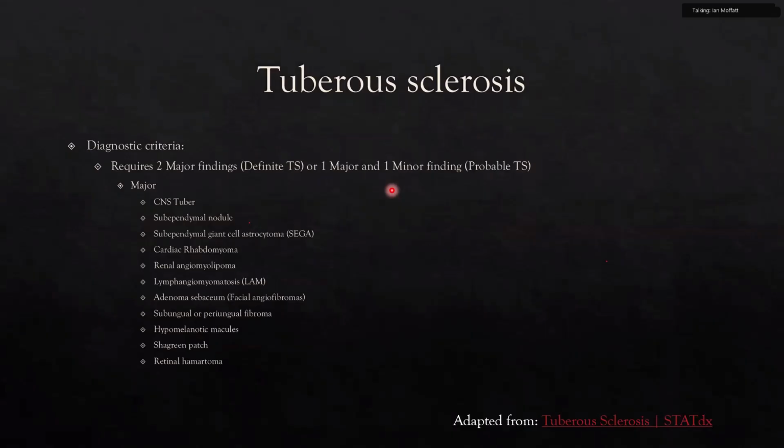Diagnostic criteria, again, a lot of these are quite long lists, but you need 2 major findings for definite TS or 1 major and 1 minor finding for probable TS. The major findings are the presence of a CNS tuber, subependymal nodules, subependymal giant cell astrocytomas, cardiac rhabdomyomas, renal angiomyolipomas, lymphangiomyomatosis or LAM, adenoma sebaceum, subungual or periungual fibromas, hypomelanotic macules, shagreen patches, or retinal hamartomas. So 4 of these we see often on